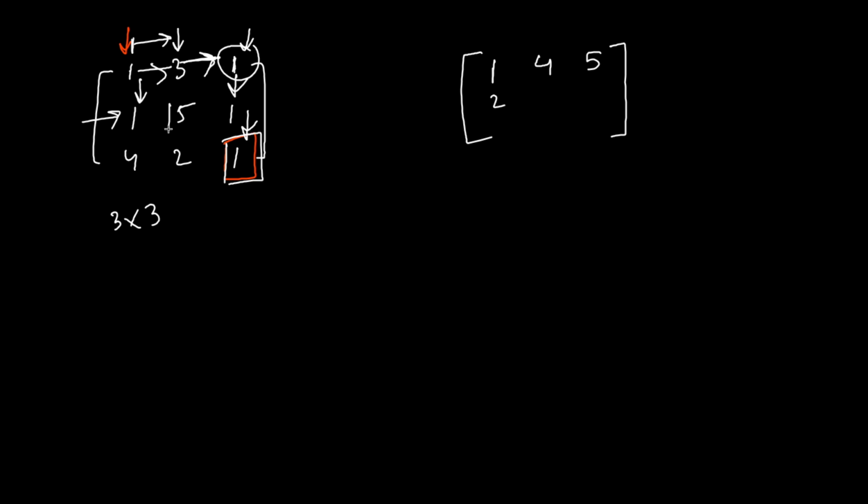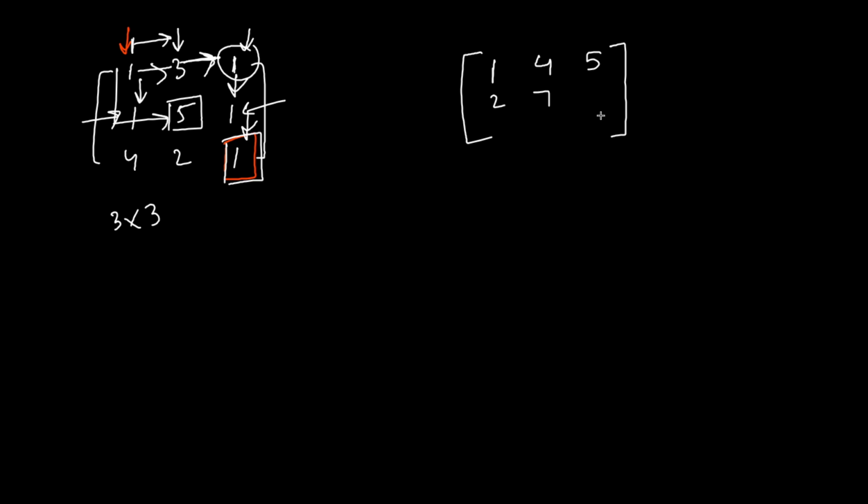Now 5 is here. We have two possible ways to reach 5, either 1 3 and then 5, or 1 1 and then 5. So as you can see, to reach here the minimum path sum is 2, and to reach here the minimum path sum is 4. So simply this is the minimum path sum possible, 1 1 and 5. So 7 here. So the pointer is here at 1, and as we can see,